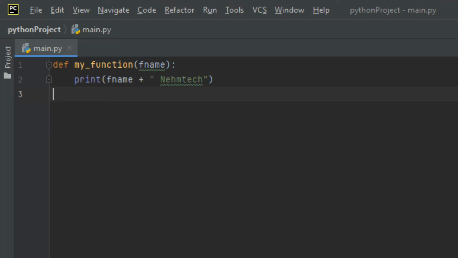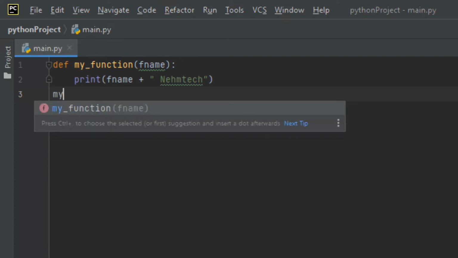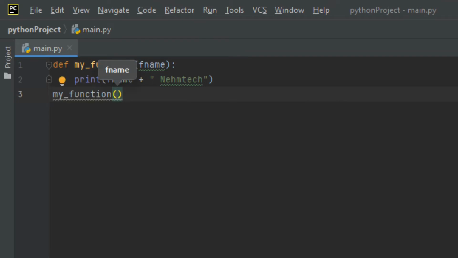So when you call a function, it does not have the indentation, so you need to know that. And then guys, let me just do it. Let me create my function here, my function, and then I do it. Let me say perhaps Nehemiah. Yeah, let me say Nehemiah,